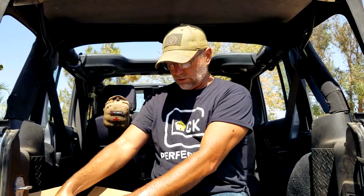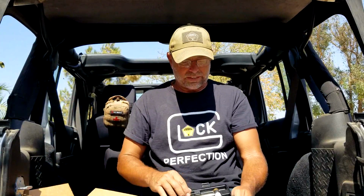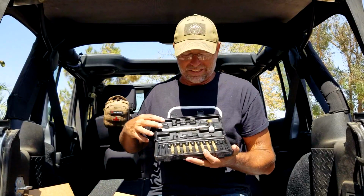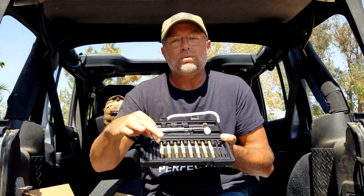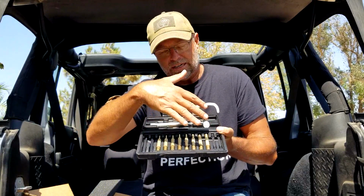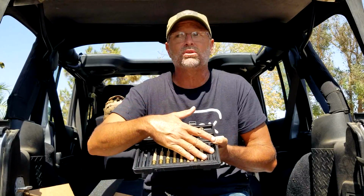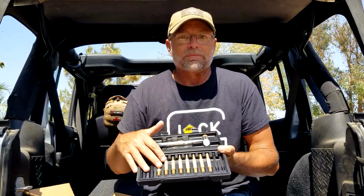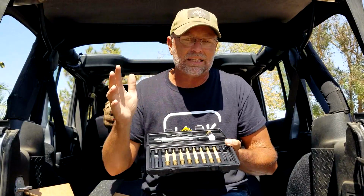The next thing that they gave us was the War Machine hammer, pin, punch set. If I had one of these when I was building my ARs, I wouldn't have all those weird scratches all over my stuff. When I say that TacPack is the best monthly subscription for those of you that want to build ARs, or those of you that want to modify your ARs, or those of you that want to buy ARs, this is why. If you don't want to scratch up your ARs when you're building them, modifying them, anything like that,